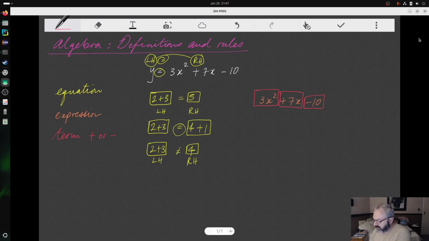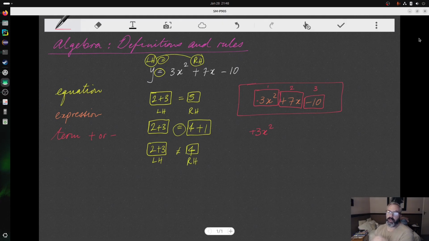And so we can see that in this expression there are 3 terms. 1, 2, and 3 terms. And when I write out these 3 terms one by one, I've got the following. 3x squared, that's my first term. But now remember, the sign is important. So when you are evaluating terms, by themselves, the sign is important. With the first term, we've got a positive 3x squared.